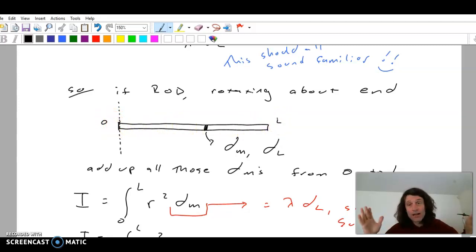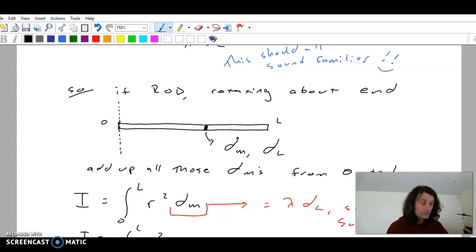It doesn't matter if the rod is a meter stick, a foot stick, or a yard stick. A rod of any given length, with uniform mass distribution. So I just drew the rod there. I picked a little sliver of the rod. That's going to be the differential mass. You could also refer to it as a differential length. You could add up all of those masses and it would equal the whole mass. You could add up all of those little slivers of length and it would equal the whole length. It doesn't matter, but we will refer to it as a differential mass because that's what we're going to substitute into